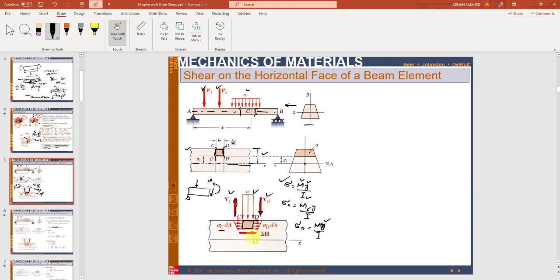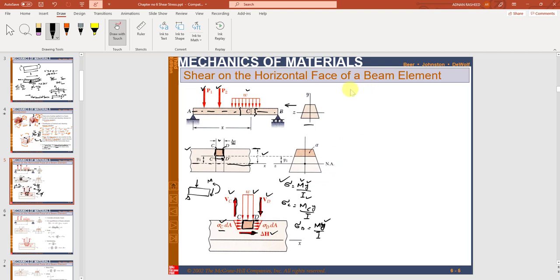And generally we are finding out the horizontal shear, so we will convert this stress into force. When you multiply this stress with the differential area dA, you will get the horizontal normal force. Also when you slice or separate this section from the beam, there will be a horizontal shear force over the length delta x, and we are interested to find out delta H, the horizontal shear force. So how will we find out this shear force?